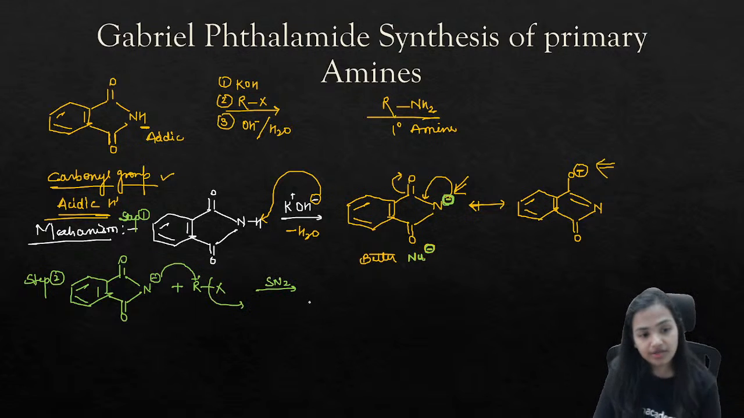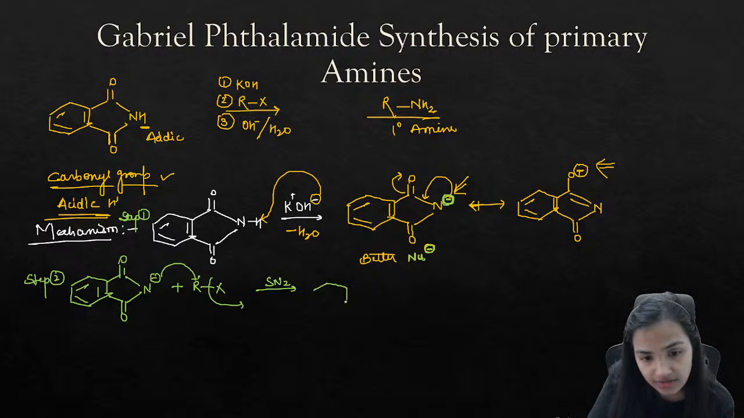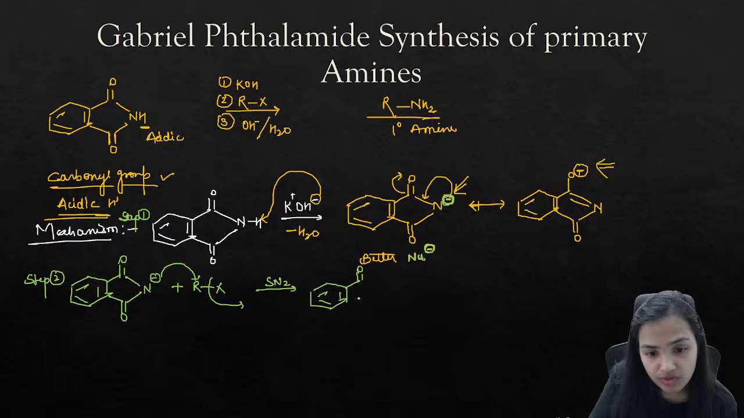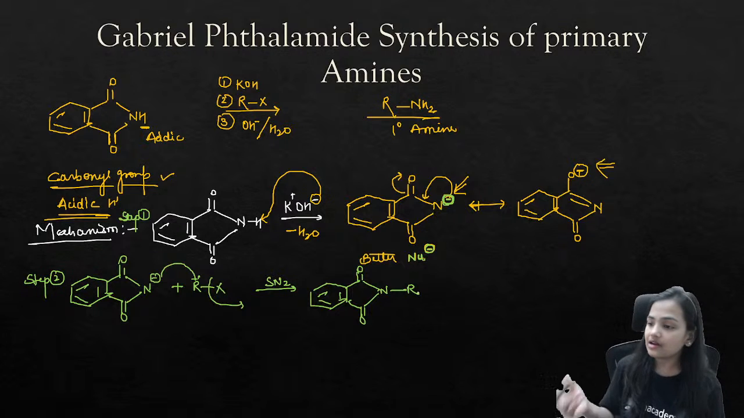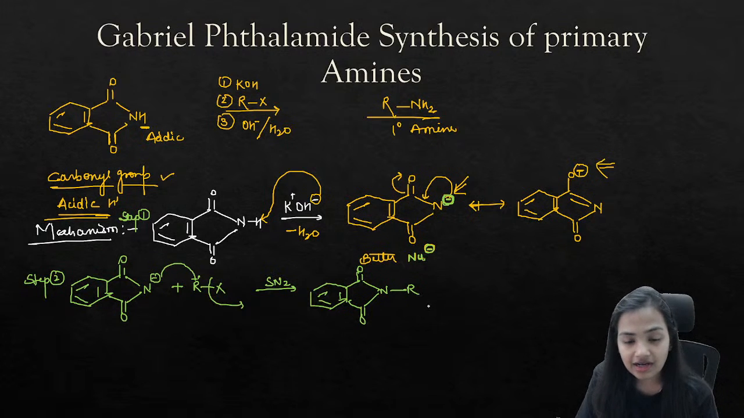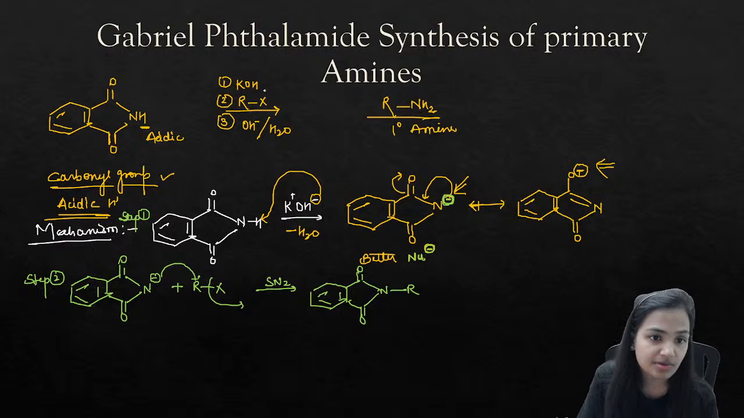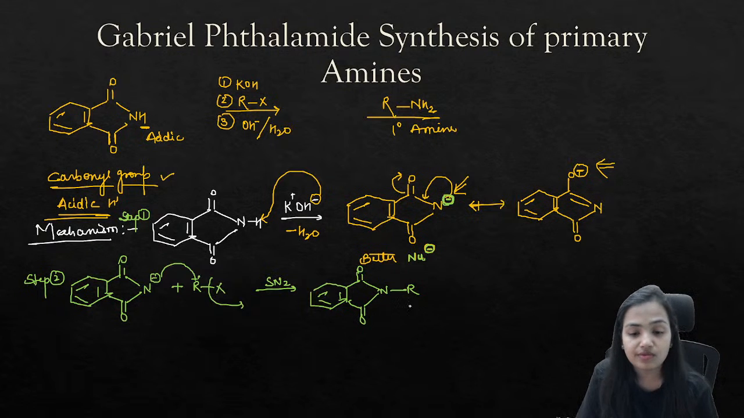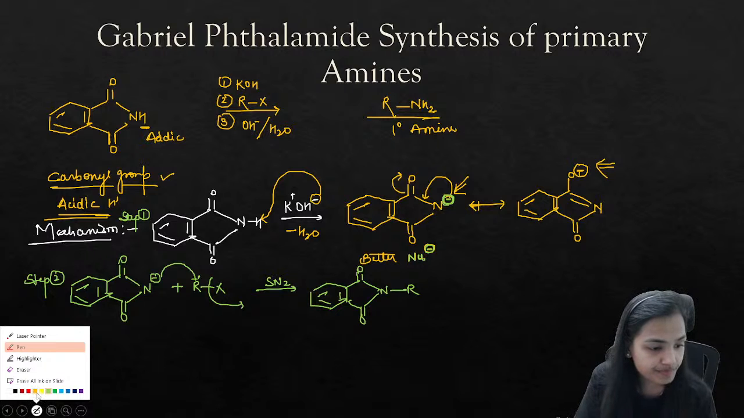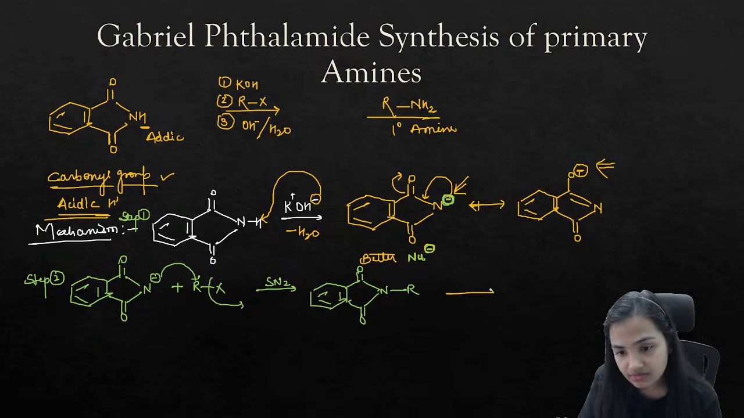Following the SN2 mechanism, ultimately getting double bond O, this is NR. Okay, this is NR. So after getting NR, what can you do? Step number 1 has happened, step number 2 has happened. Now what will happen? Now step number 3 will happen. Step number 3,